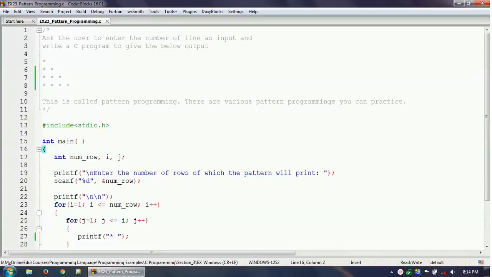Hello everyone, welcome to this example video tutorial where we'll learn about pattern programming in C. So in pattern programming, what it means is you have to write a program which will follow a certain pattern. So for example, if you have been asked to print this particular pattern, this is the pattern of